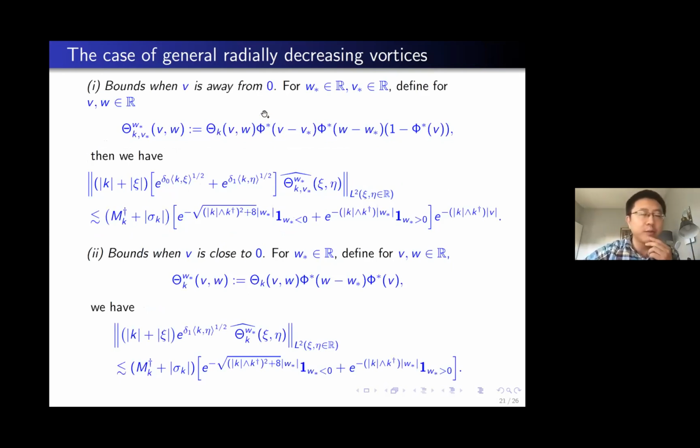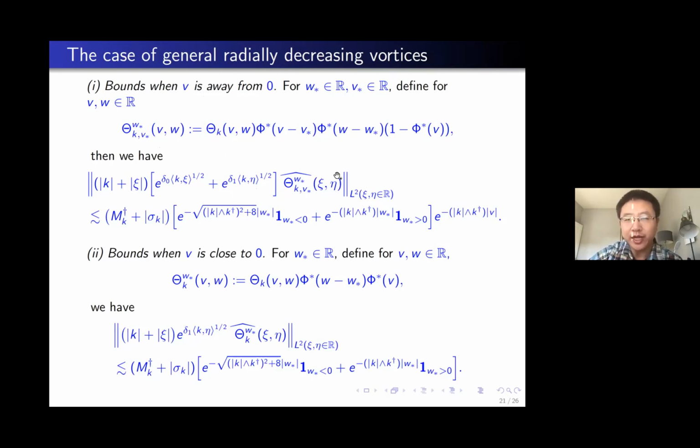I think I have maybe 2 minutes. Again, the statements are a little complicated because we have to capture the precise regularity and the physical space decay. Every time we measure the regularity, we first localize to a position, then take a Fourier transform, and then measure its regularity in Gevrey space. That's why it's a little complicated. The key point I want to emphasize is that you localize to an appropriate place, and then you can measure regularity in W.